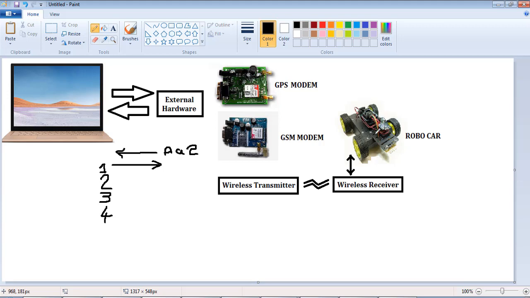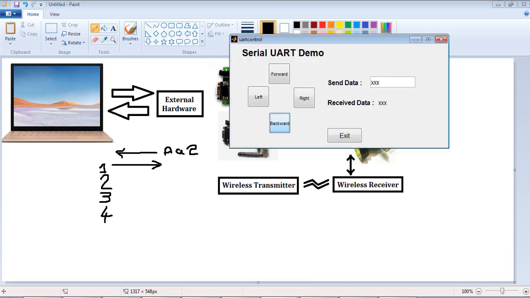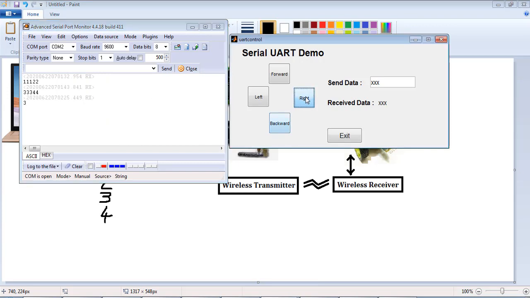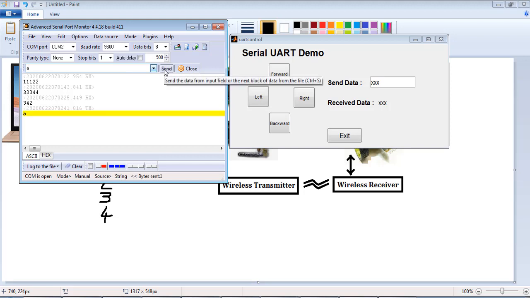According to that, the demo car application is developed, and according to that the car will move. Suppose right, backward, left. You can also do it in reverse. Suppose the car has an application in hardware that, when it senses an obstacle, sends the character A. So this character A can also be received in MATLAB and displayed. So you can see that the received data A is displayed here.